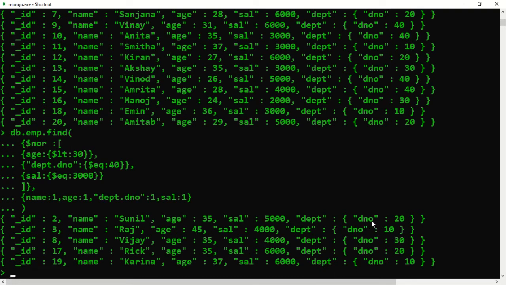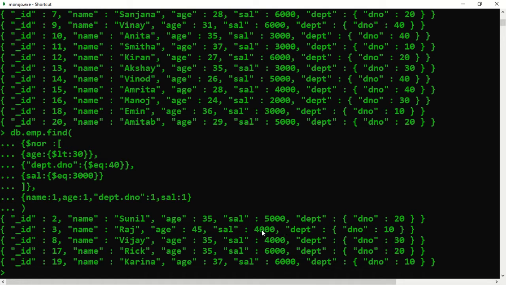Now the department number is 20, but the condition had department number equal to 40, so it is not 40. Again the salary is not equal to 3000, correct? And the age is not less than 30, it is greater than 30. Second, the department number is 10, which is not 40, the opposite of this particular condition.